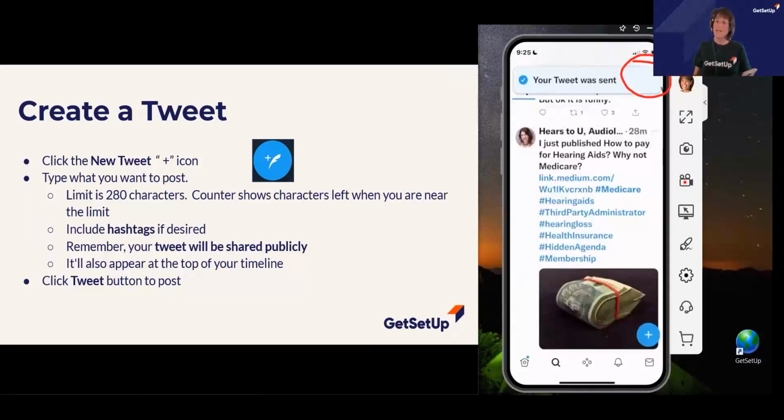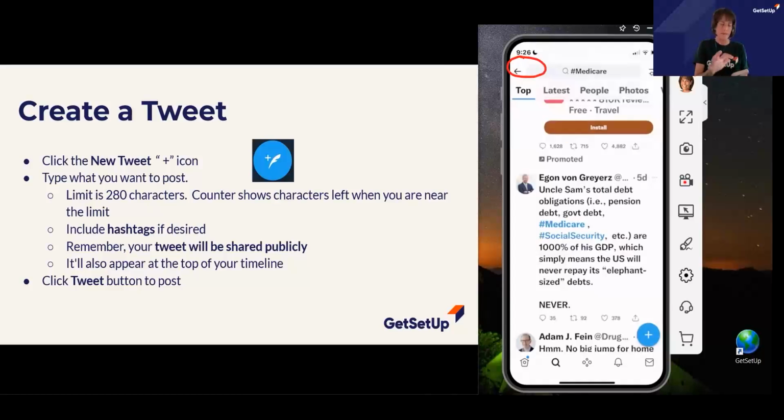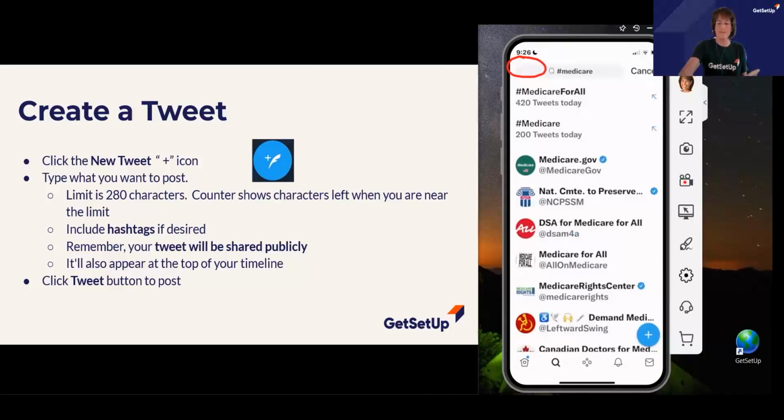And my tweet has been posted. So where do you find your tweets? Well, first of all, if we tap on the back button, I'm going to keep tapping on my back button. Actually, let me do it the fast way. I'm going to tap on my home button over here,